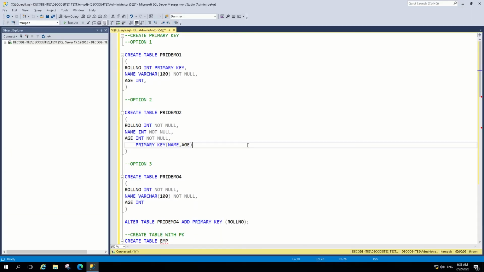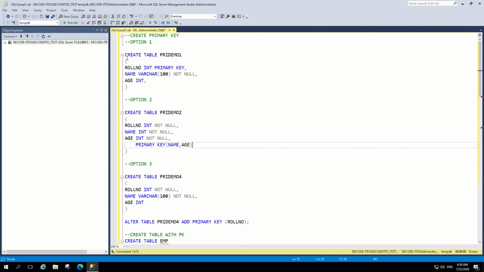Welcome to the demo session of primary key, foreign key and unique key differences. In this demo we will see how we can create all these three keys in a database. For this, we have demo scripts ready. To run the demo script, we need to choose a database. I will use DempDB as per our previous sessions as well. You can use any database that you want. So first we will create the primary key.